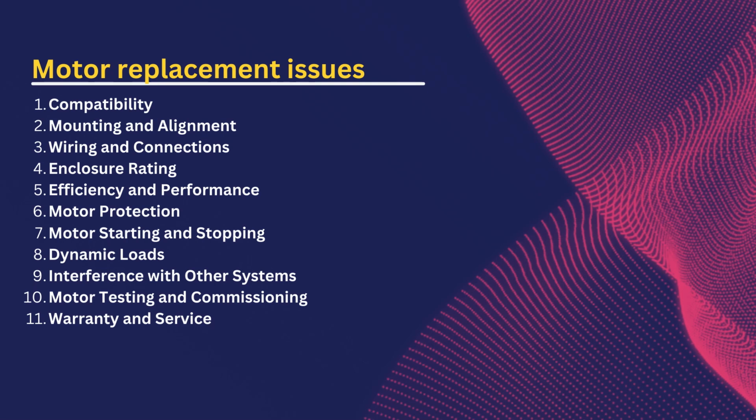Ninth, interference with other systems. The replacement motor should not interfere with other equipment or systems in the vicinity. Clearance, spacing and proper insulation should be considered during the installation. 10th, motor testing and commissioning. After motor replacement, thorough testing and commissioning are necessary to verify that the motor operates as expected and meets the